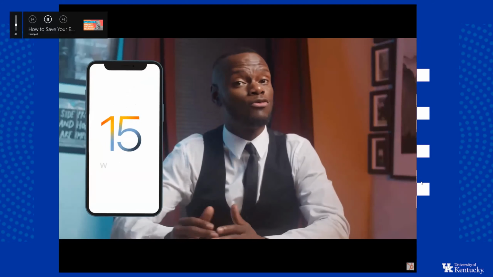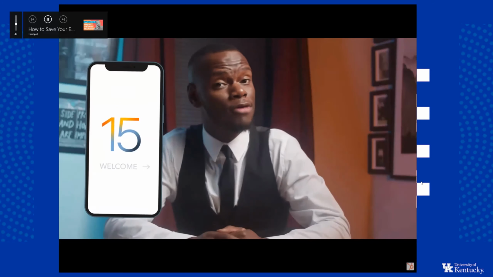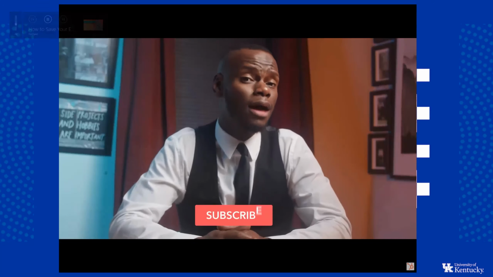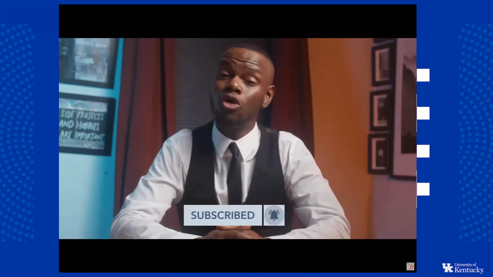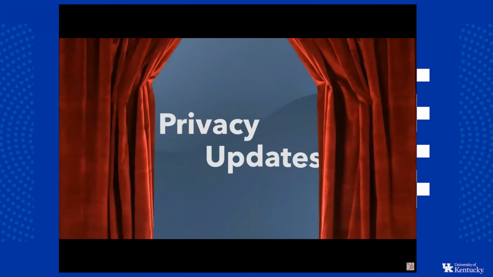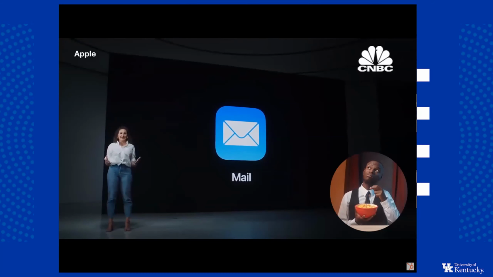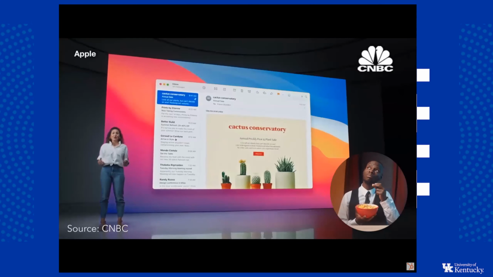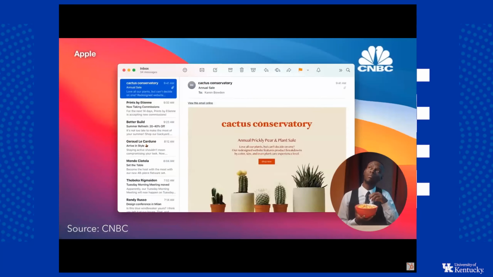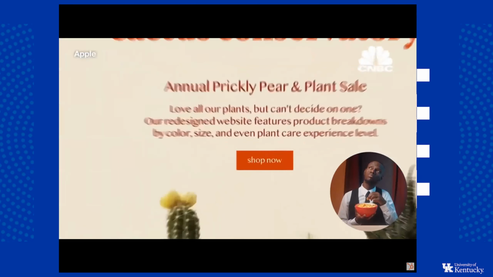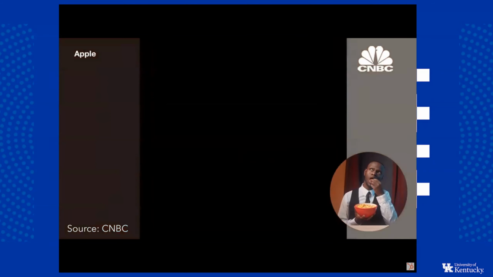With the upcoming fall release of iOS 15, Apple's latest update for the iPhone, a literal mic drop may be coming to the world of digital marketing in the form of some new privacy updates. These privacy features are great for the consumer, but not so much for email marketing campaigns. So roll the footage. If you're like me, you get a lot of marketing emails like this. What you may not realize is that many of these emails use invisible pixels to collect information about your mail activity.